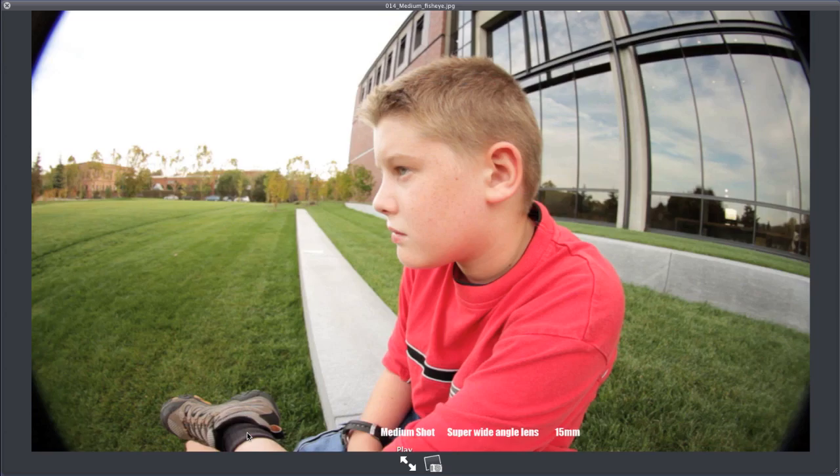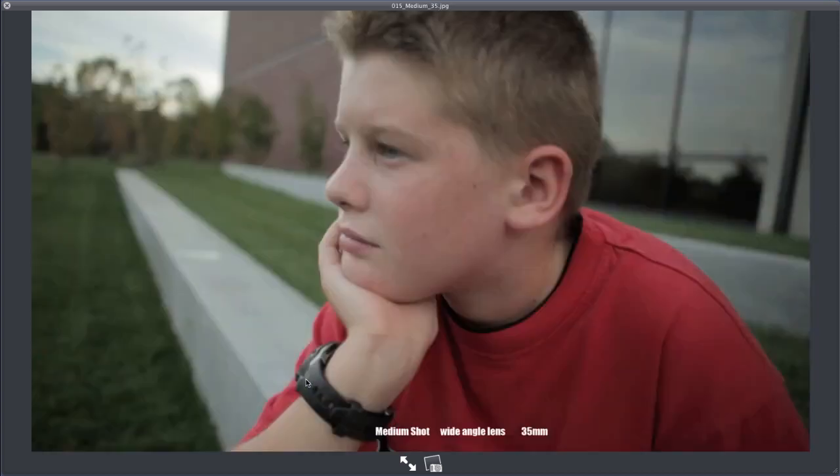Again, this is a medium shot, so you can see half of the character with a fisheye lens. The problem with this is it starts to warp the character, but it can be useful in certain scenes. It could be a certain look that you really want, a super wide angle lens. Compared to a medium shot, this is the same kind of framing on the character, but with a 35 now you